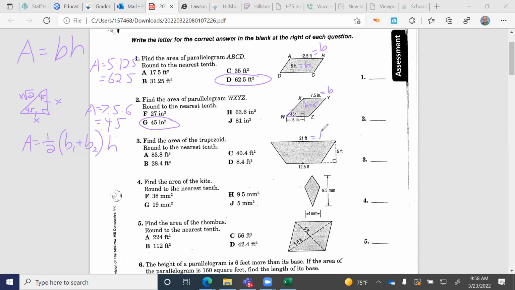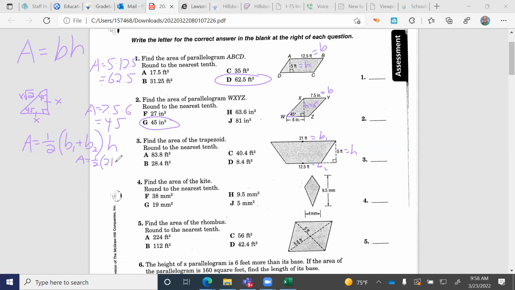So I'm going to call this B1. I'm going to call this one B2. If you reverse that, that's fine. And that'll be my height. Do I have all the parts I need? Yes. So we can plug in. We have area equals 1/2,